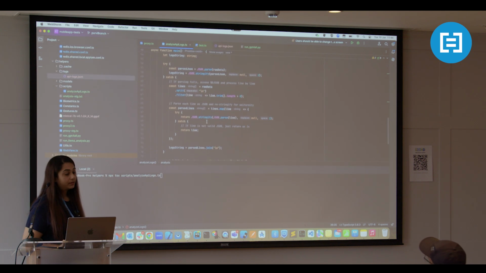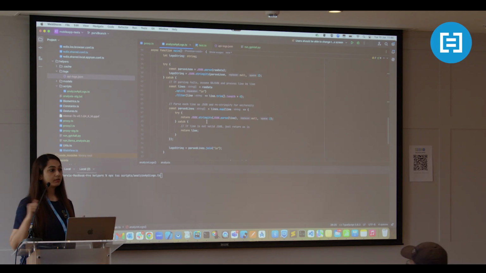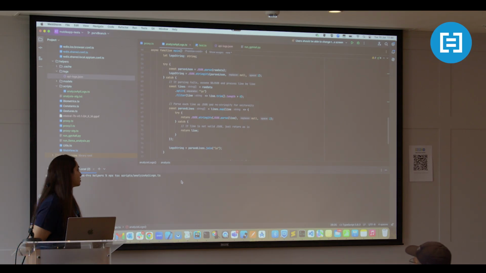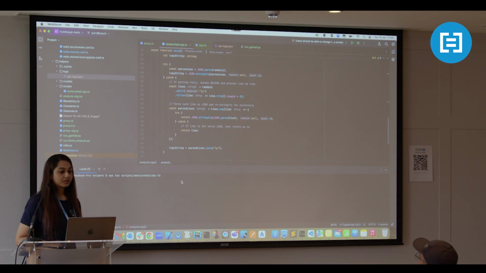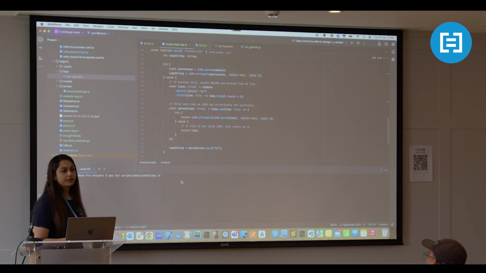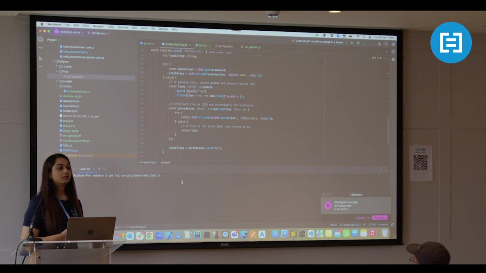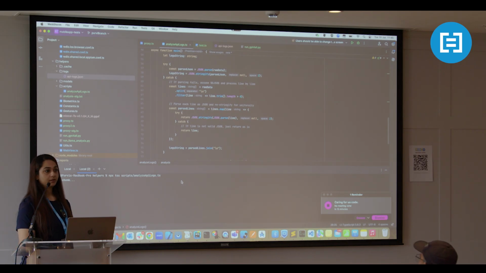Okay, this will split the logs into smaller chunks, feed it to the Python script, which will in turn load the model for us and analyze it and give us the output. I hope it doesn't take a lot of time. So for each chunk that it analyzes, it will just tell you that it is analyzing the chunk. And once it does the analysis, it will print it to the console right now. We can print it in a file, and also the next steps for it are we can integrate it with Slack and send the reports to the stakeholders directly for each run that we do.